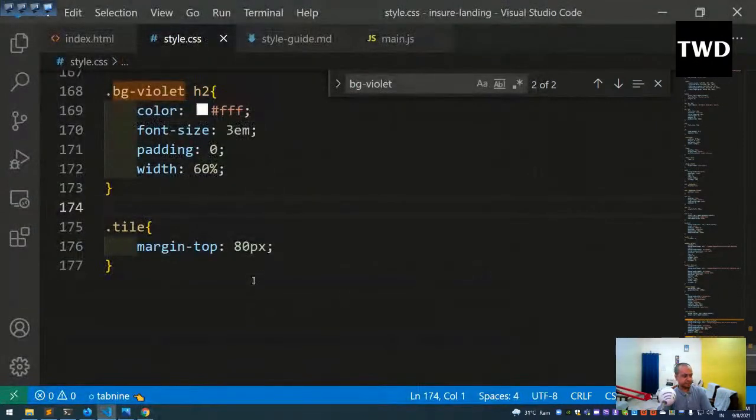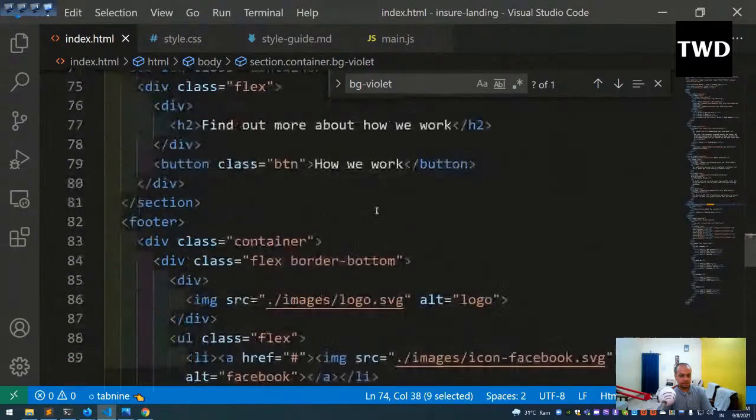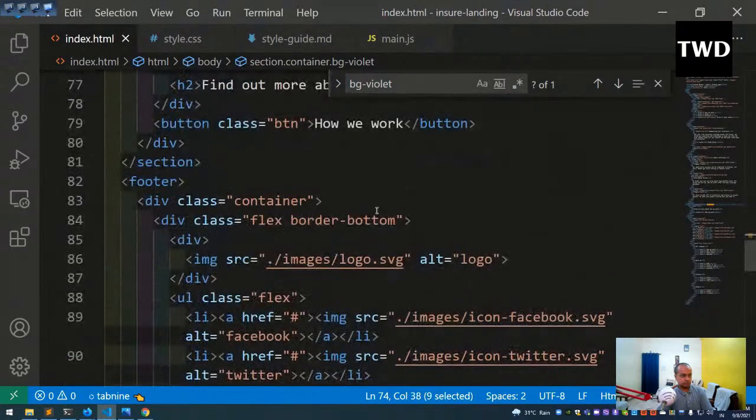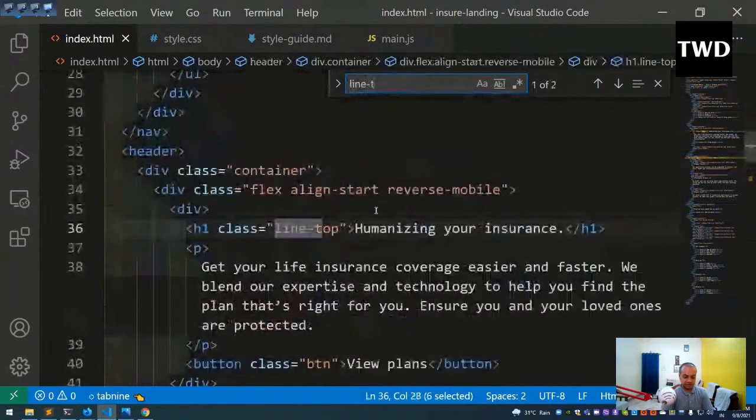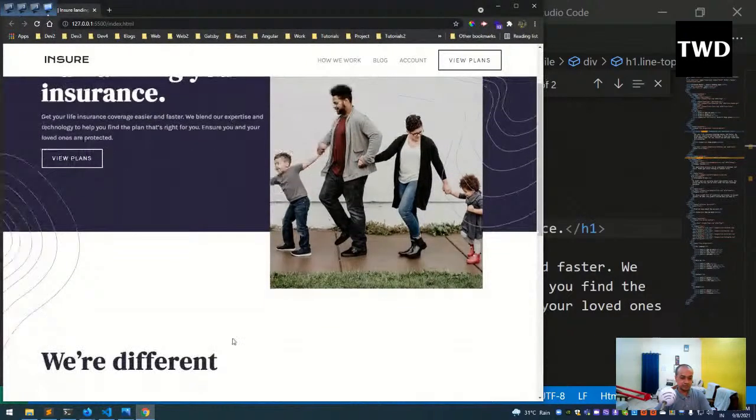Okay. So now we are going to give for line top, humanizing your insurance. So this humanizing your insurance is here, line top. So again we are going to give pseudo classes before and